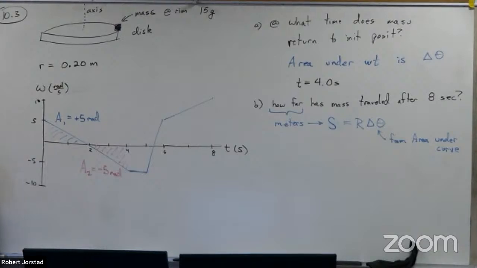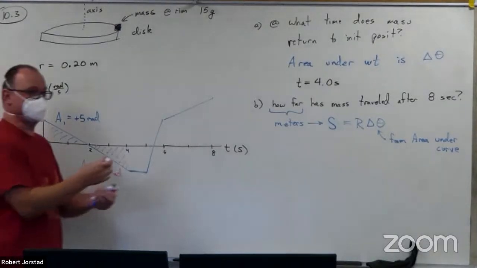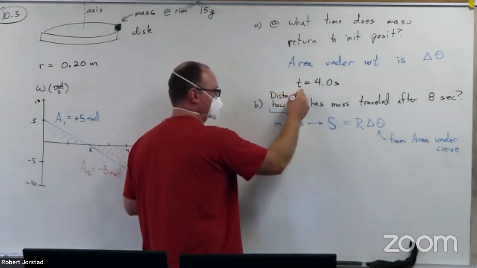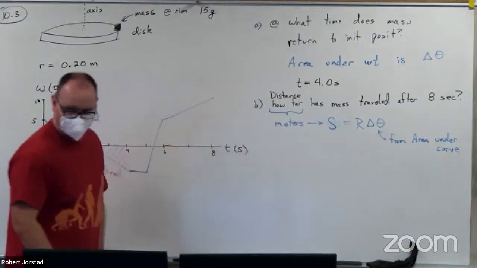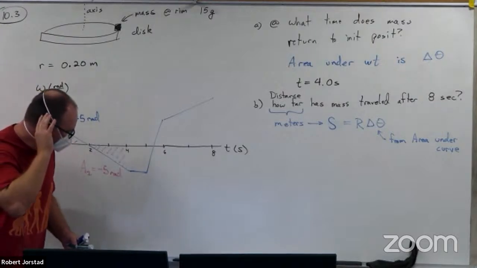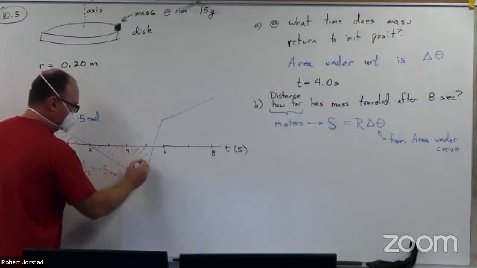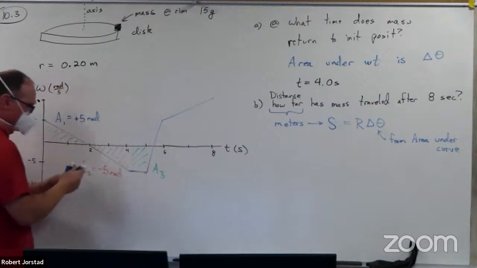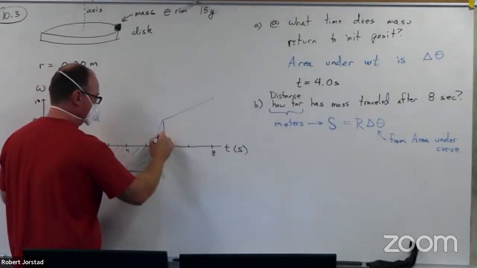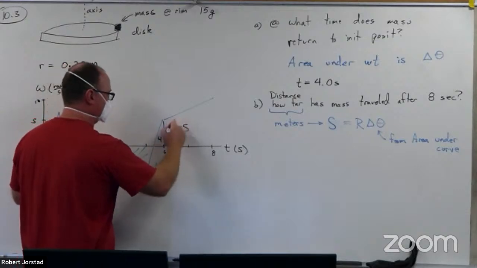Because it says distance traveled. This is a distance. Do you remember the issue with distance versus displacement, for areas? It has to be the magnitude. Yes. Oh, crap. So if I call this area 3, and this 4 and this 5,